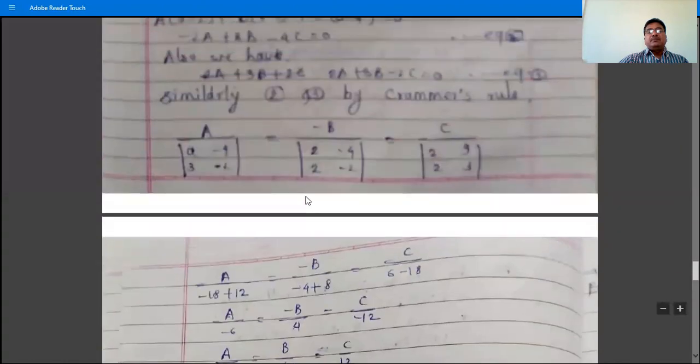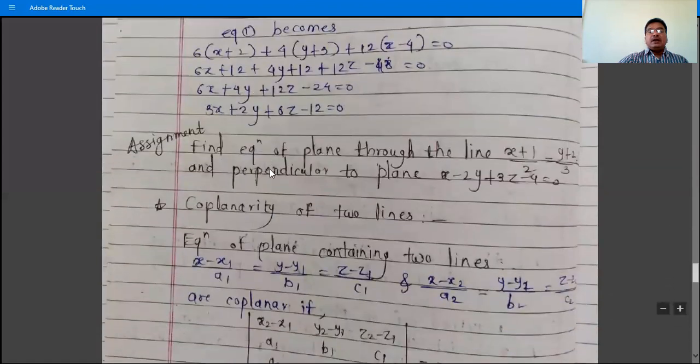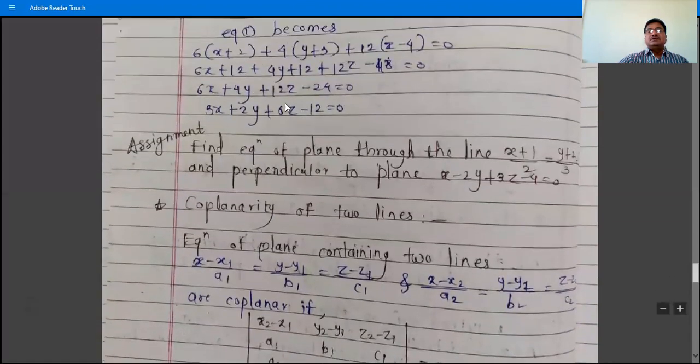So the problem for assignment is what? Show that the line x plus 2 by 2, y plus 3 by 3, z minus 4 by minus 2 wholly lies on the plane 3x plus 2y plus 6z minus 12 is equal to 0. And another problem for homework is what? Find the equation of plane through the line or containing the line x plus 1 by 2, y plus 2 by 3